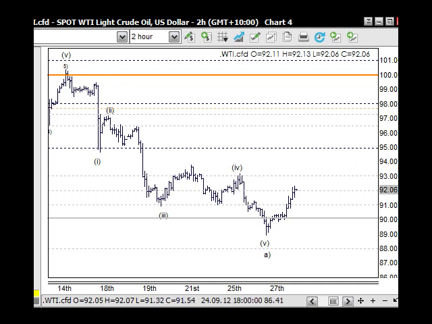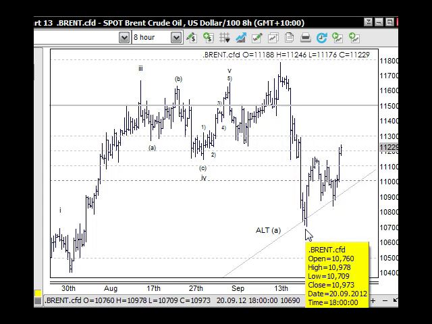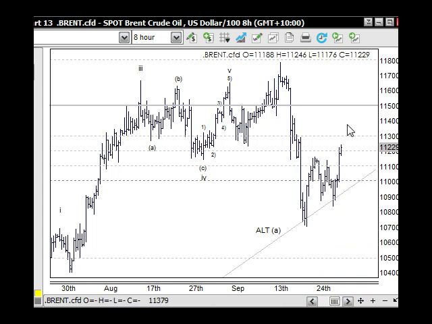When we have a look at, say, Brent crude, just to get another view on things here, and this is an 8-hour chart, we've been looking at this move down through here, the sharp move down, the same as the WTI, as wave A, and looking for it to come back in wave B here. And this is a bit of a leading pattern, really. It seems to be in front of the other market. So, a little ABC here for the B wave,